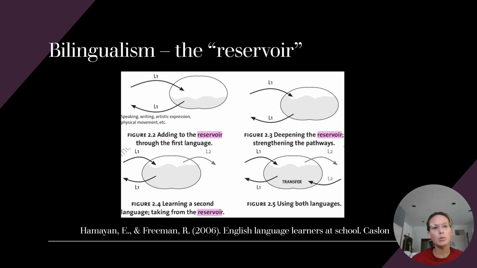Okay, so bilingualism, getting back to the scientific part of how we learn different languages, the Hamayan and Freeman text equates our brains and the language acquisition process to a reservoir. We learn the basics to where our reservoir is filled up to here, then we expand that, and then when we start to learn another language, we start to export some of that information. We're translating this in our head. And then when we start to really become proficient in both, that flow of information kind of just enters and exits the reservoir a little more smoothly.